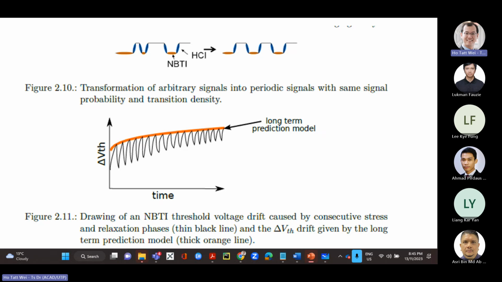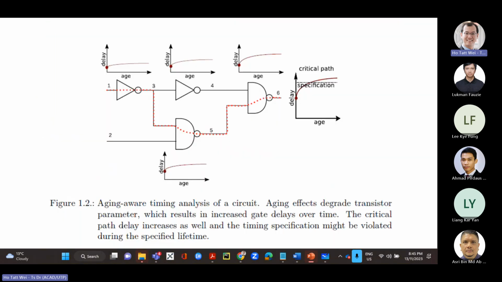Okay, so again, why are we talking about change in VTH? Why are we talking about change in current? Well, at the end of the day, we are saying that the transistor slows down, which then slows down the gate, right? But we can model the slowdown in transistor speed as a change in VTH, because, as with process variations, if you reduce the drive current, you slow it down, and if you increase the drive current, you enhance the speed.